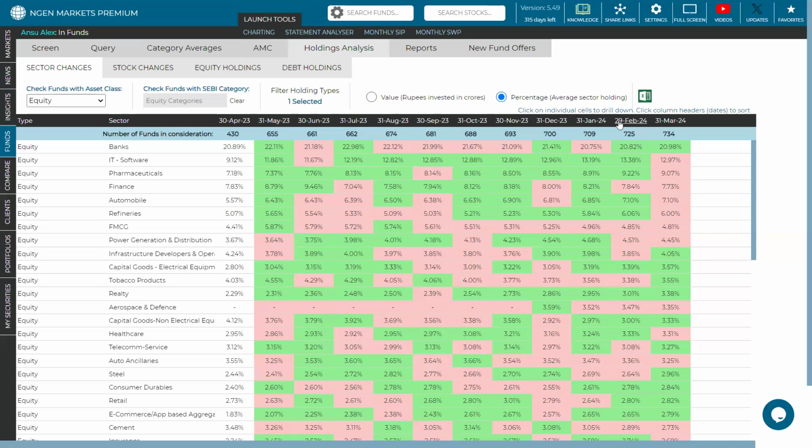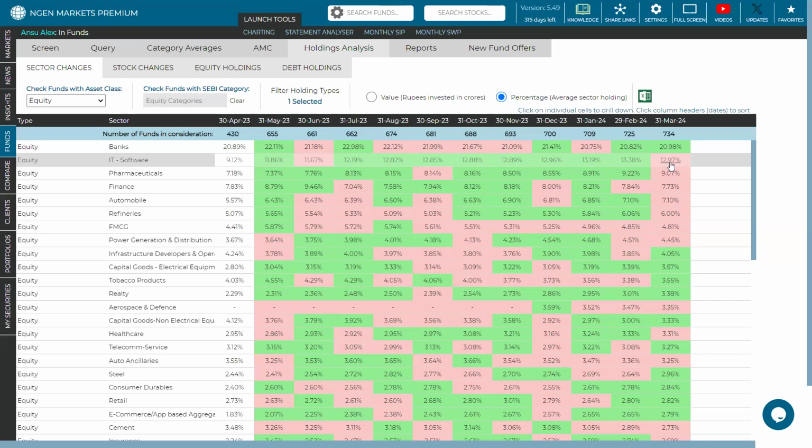Now, if you want to locate the latest holdings of mutual funds into these specific sectors, you move to the extreme right-hand side. So the 31st March, the latest data, would show up on the extreme right-hand side. And this is basically a heat map, which shows you, in comparison to the previous month, what has been the increase or decrease in terms of any sectoral changes made by any mutual fund. Now, let's say I just focus on IT software as a sector and I move to the latest column, which is 31st March. It has been mentioned as